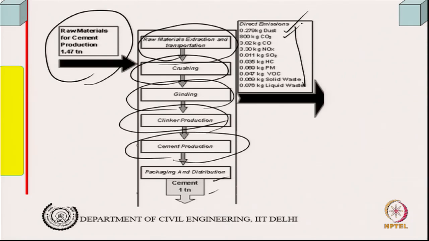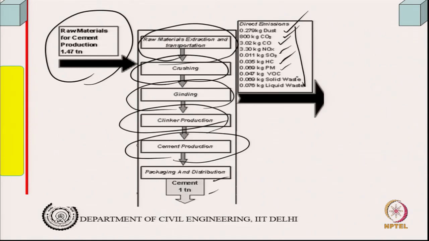So, near half, because magnesium carbonate I have not taken into account. There will be some amount of magnesium carbonate also, there will be loss on ignition. So, some free carbon could also be there, a very small amount. Then carbon monoxide also comes in, NOx comes in, sulfur dioxide,